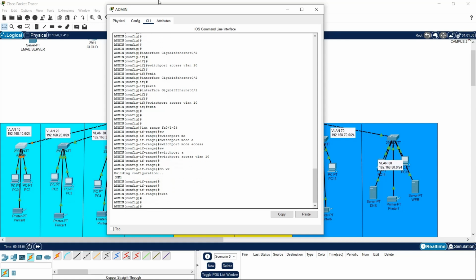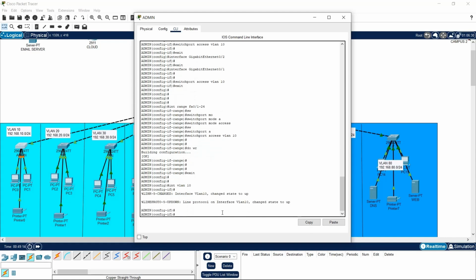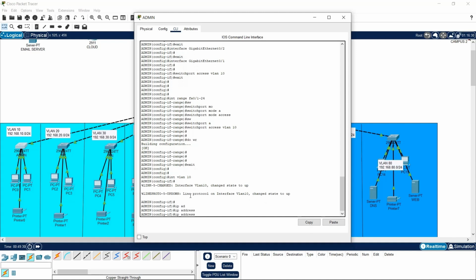Now the next thing we are going to do is configure the interface VLAN 10. We enter interface VLAN 10, and as you can see, it has changed to up. What we're going to do is assign an IP address and assign an IP default gateway. If you don't want to assign an IP address to the switch, it doesn't matter, but you have to assign a default gateway. But I'm going to assign both of them for easier use, so I'll say ip address